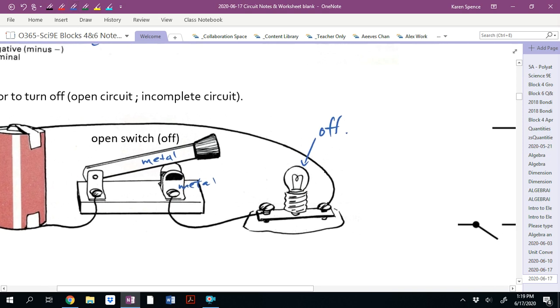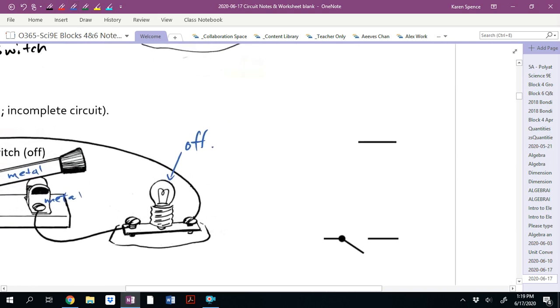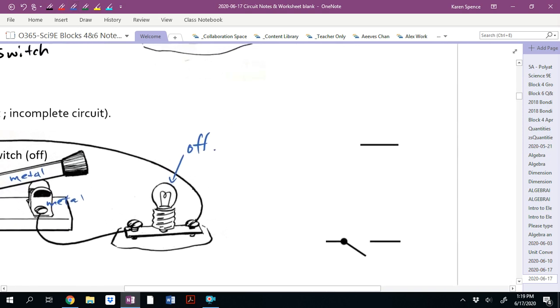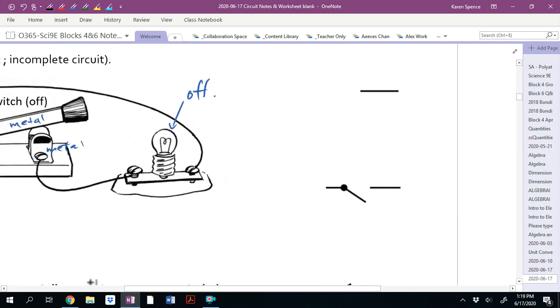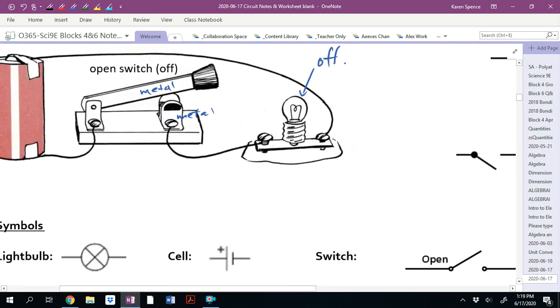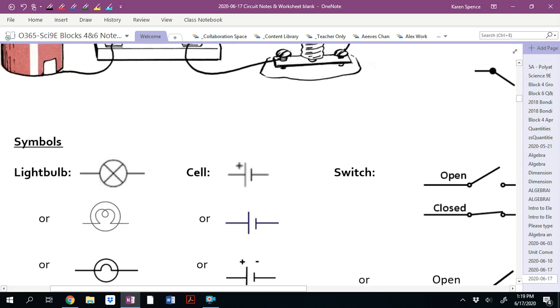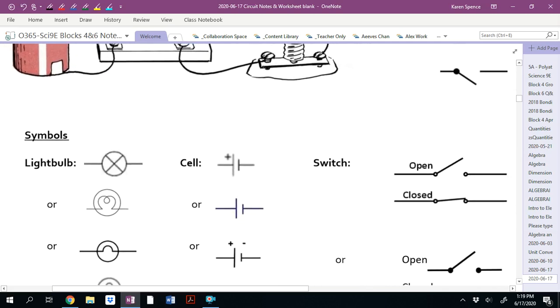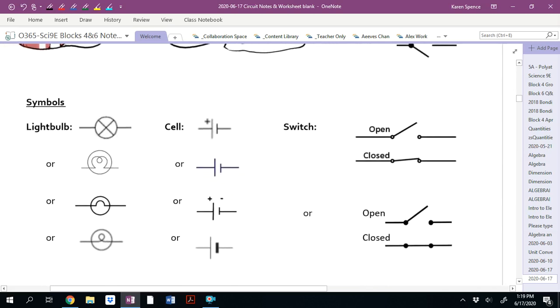Okay. Now, what do I have over here? I don't think those were supposed to be there, but that's okay. Here are a bunch of symbols. Let's just remember we have our various symbols for the light bulb. Okay, we have our various symbols for the cell, and now we are going to introduce the symbol for a